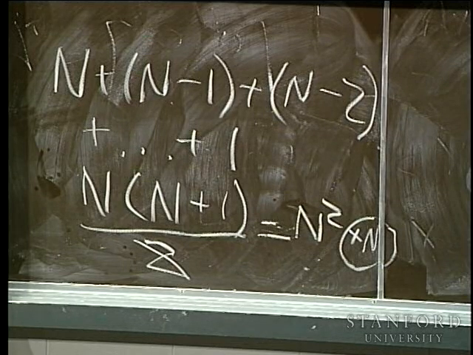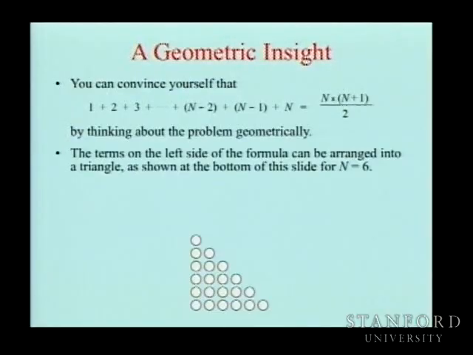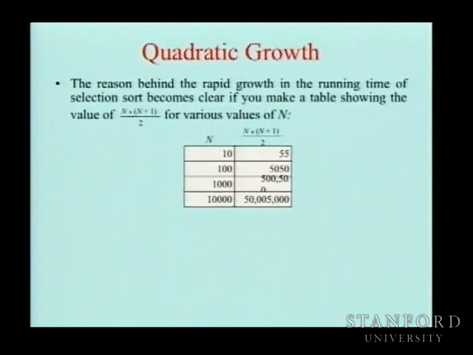So what does this mean? It means that if we double the size of our input, then the selection sort that we just walked through is going to take the square of the amount of time that it took originally, right? So this is a computation of that. You can also think about it geometrically if you treat each of the accesses of array elements as these circles.